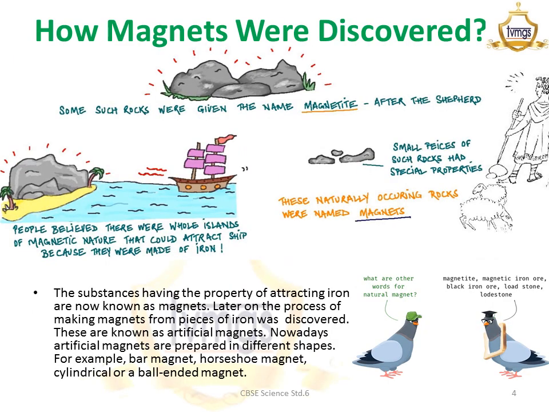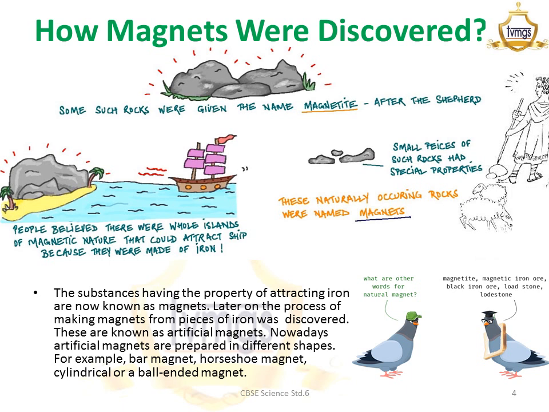It's a fascinating story of how magnets were discovered. In 600 BC in ancient Greece, a shepherd took his sheep for grazing one day. He sat beside a rock and waited while his sheep were grazing. When it was time to go home, he noticed something odd. His stick was stuck to a rock, and he had to pull very hard to separate the stick from the rock. Later on, it was discovered that since the bottom of his stick had an iron material attached to it and the rock was magnetic, the iron was attracted to the magnet, that is the rock.